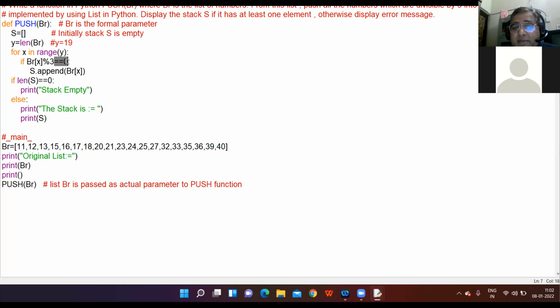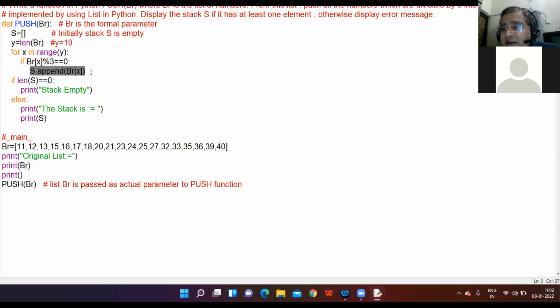If you get the remainder 0, it means the element is divisible by 3. When you take the modulus of the element of the list with 3, if you get the remainder 0, it means the element is divisible by 3. Then using the append function, append that element of the list in the stack.